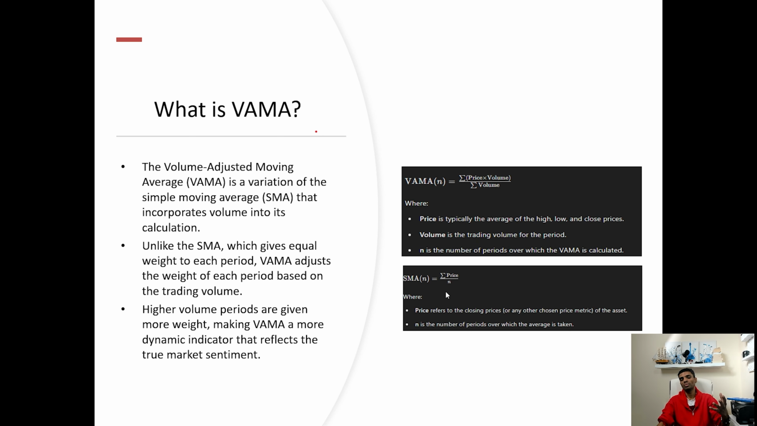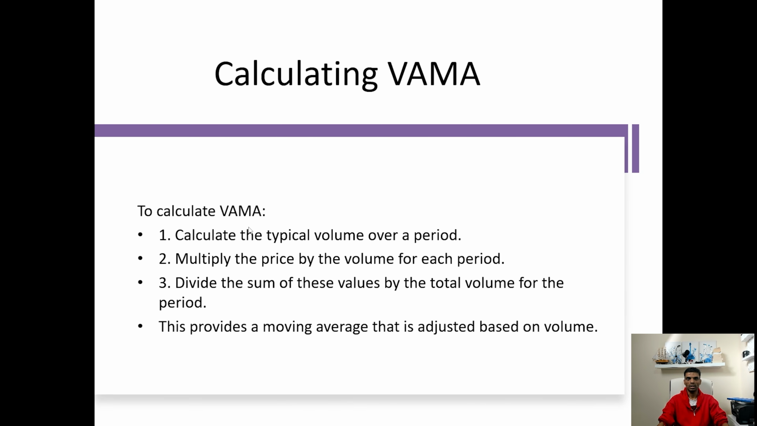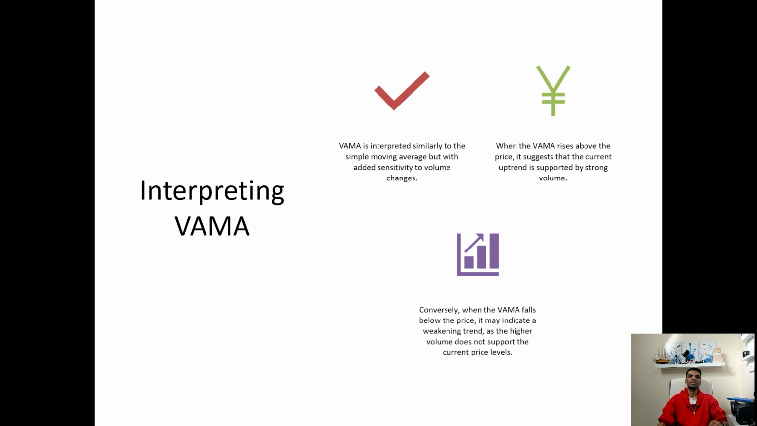And then when we are comparing it with the simple moving average, it's basically the total summation of the price divided by the n number of periods. Here the price refers to the closing price or any other chosen price metric of the asset. Normally we take the closing price as the price. Right. So like I said, this is how the VAMA is calculated, and then let's try to interpret what